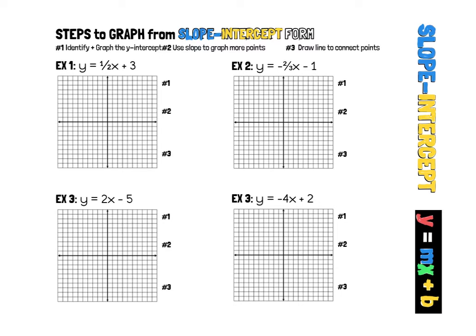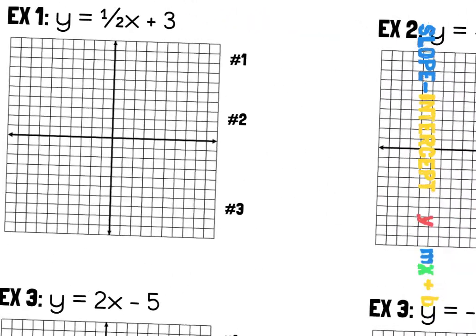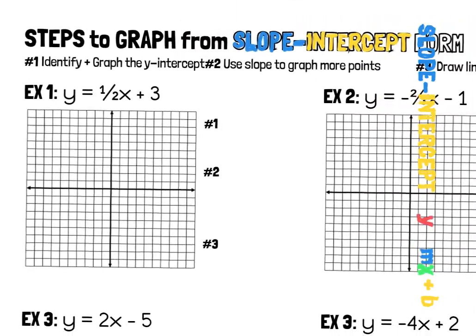All right, so it's always a good idea to color code the same way that we do on these. And so the goal here is to graph these equations. That's the point. And we're trying to graph them without making an input-output table, which is what we've done in previous lessons. So it says step one